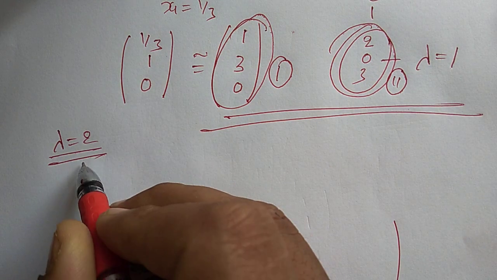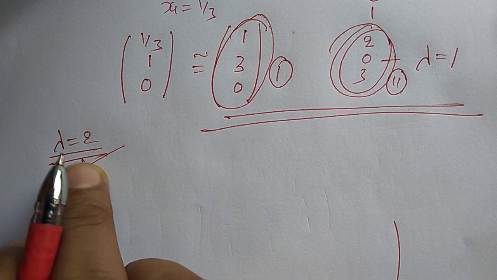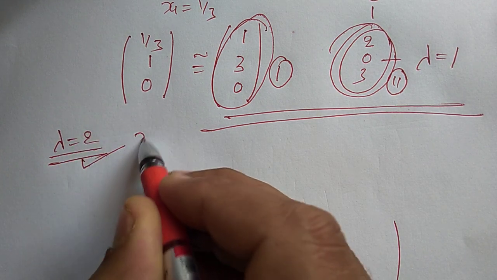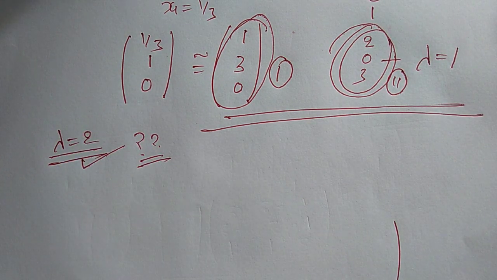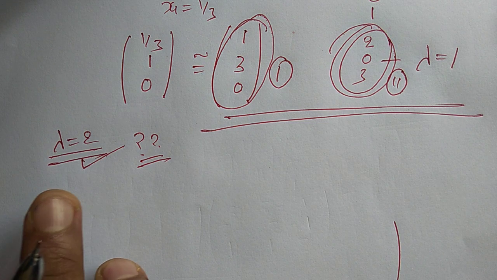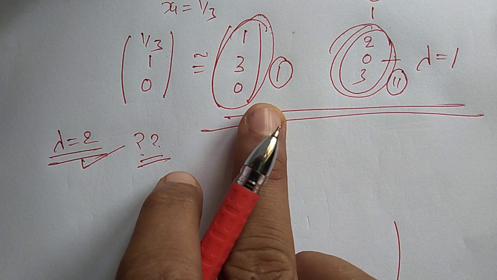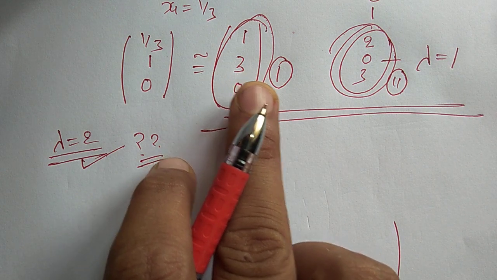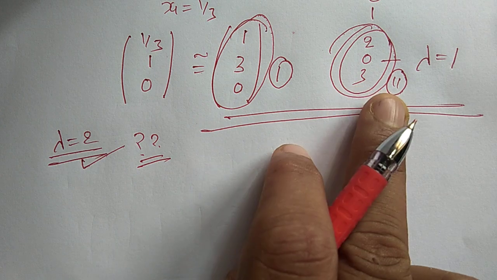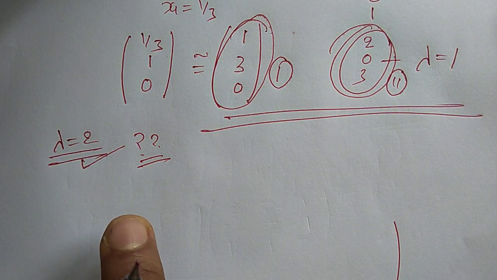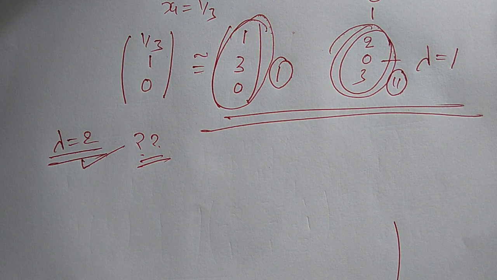So for lambda equal to 2, we can find the eigenvector as usual. This is left for you. You just try to find the eigenvector for lambda equal to 2. So in this matrix, lambda equal to 1 was the repeated root and we got two independent eigenvectors. We can have one example where we have repeated roots but the eigenvectors are not independent.